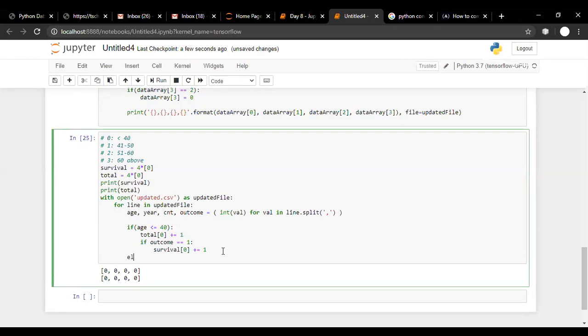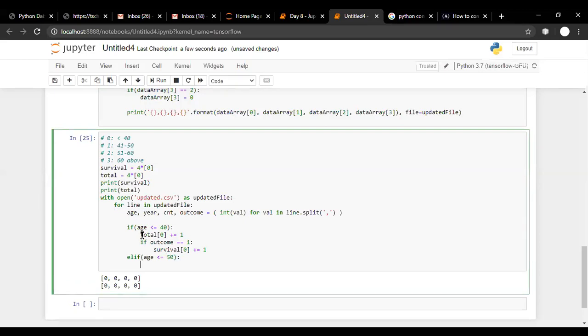We can use the same logic every time. I can copy paste the thing. If age is not less than 40, we can check if age is less than or equal to 50. If it is not less than 40, it is above 40, so we check whether it is less than or equal to 50.